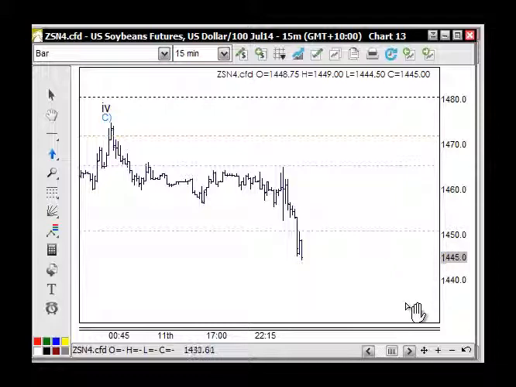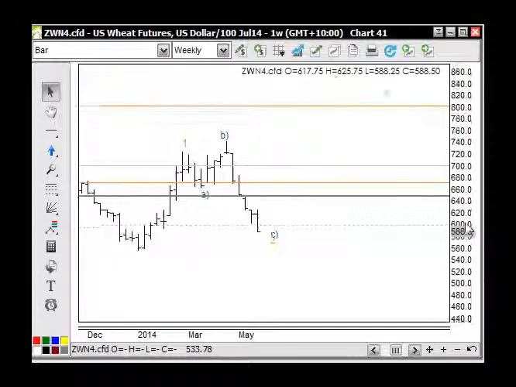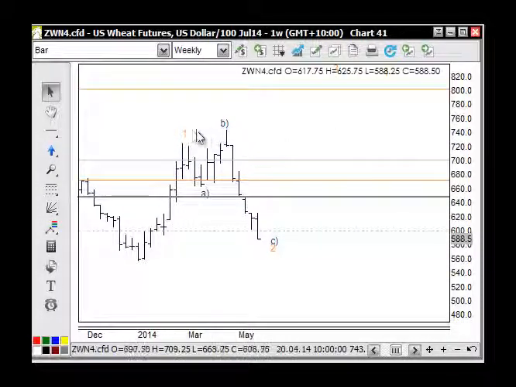The wheat market and the corn are still trading lower here. We were looking for the 580 sort of area through here. We're still considering it a wave 2 down to here. If this low gets taken out here, then it's not a wave 2 here. Then all of this move up here would be a large wave 4, and we'll have to look at wave 5 coming down below here, being a bit of a trap